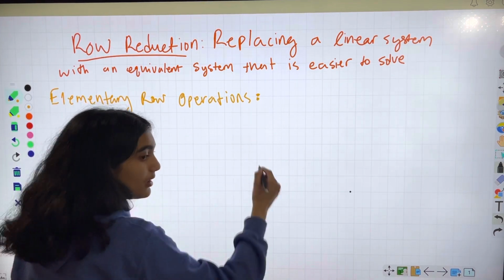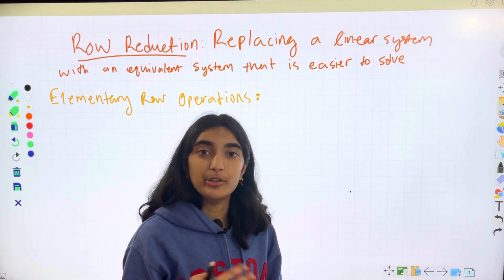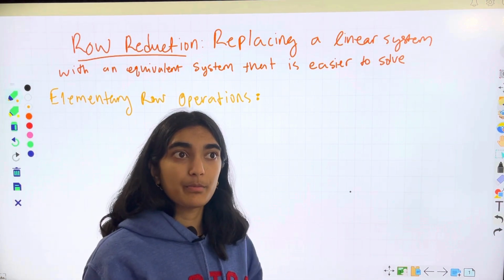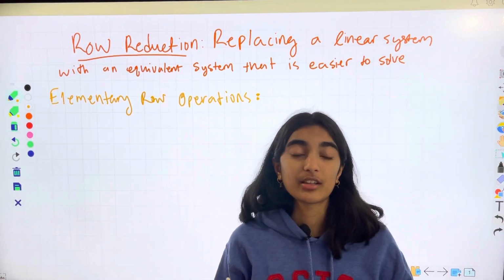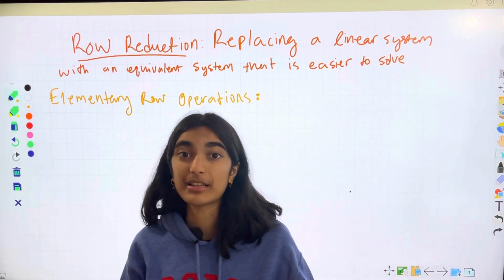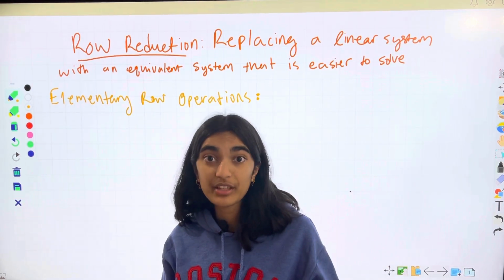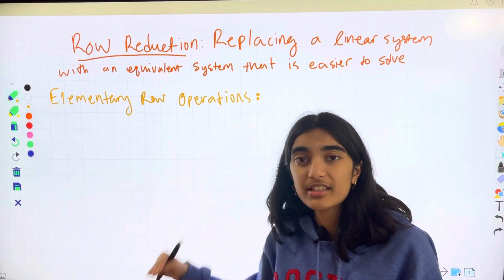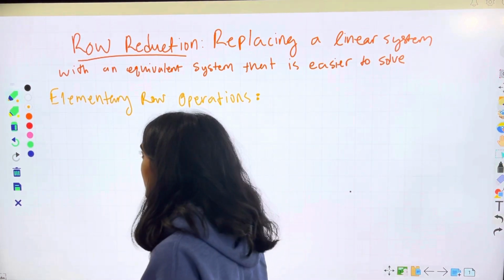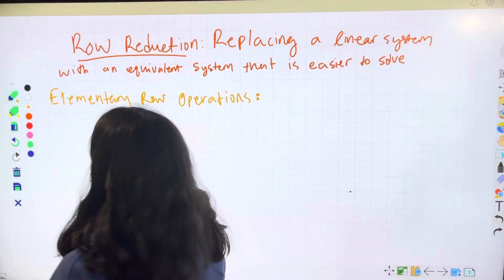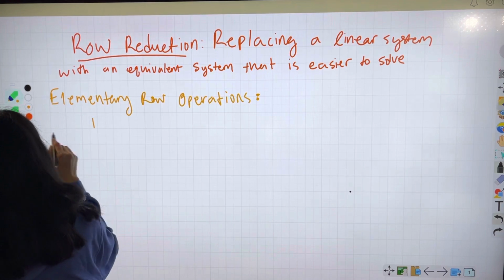So there are three operations that we're allowed to do, and by doing these three operations, we're not changing the solution set. That's the idea, because they're equivalent systems. The system that you have at the beginning and the system that you have at the end are equivalent. They have the same solutions, so therefore these steps do not change that. They do not change the solution set, so they're safe to do. Okay, so the first one that we're going to be talking about is